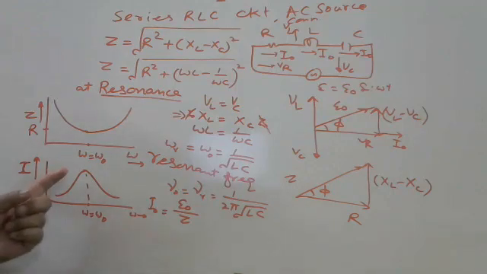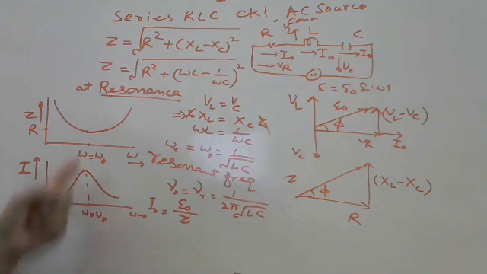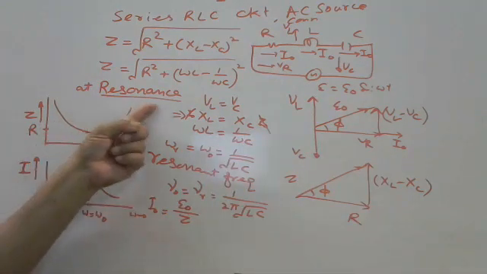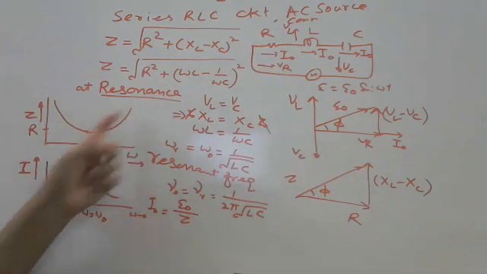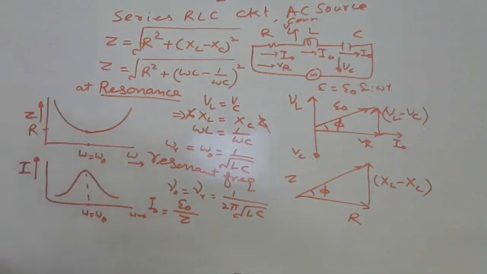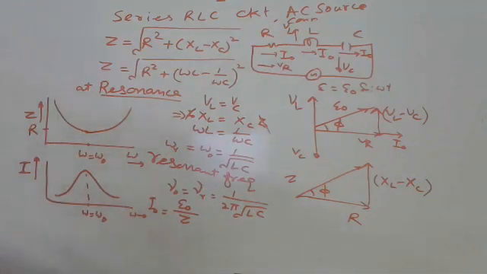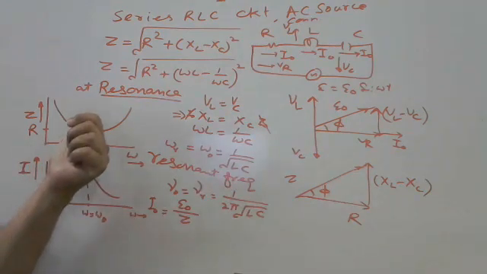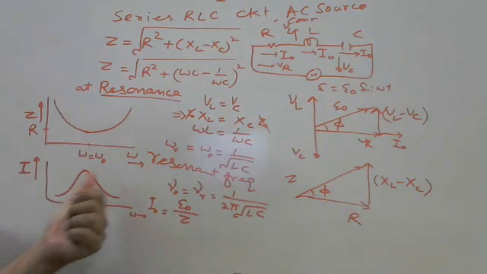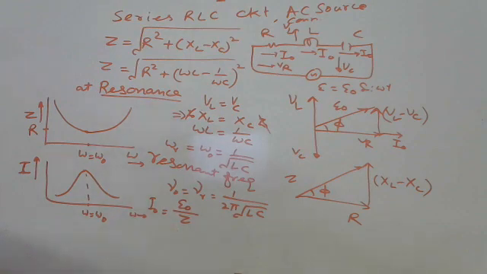Any doubt in this? Especially these two, because these are very much related at resonance. At resonance, Z is what? Minimum, I is maximum. On the other hand, Z is increasing on both sides, whether the frequency is more than the resonance frequency or less than it. In both cases Z is increasing, current is decreasing because it is the reciprocal. Any doubt up to this?